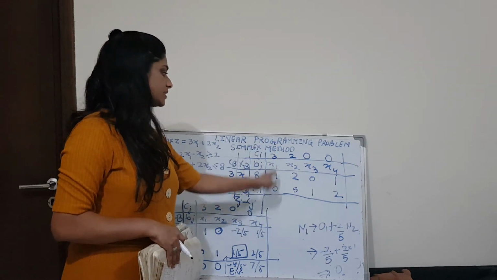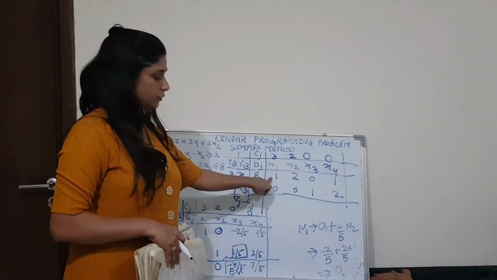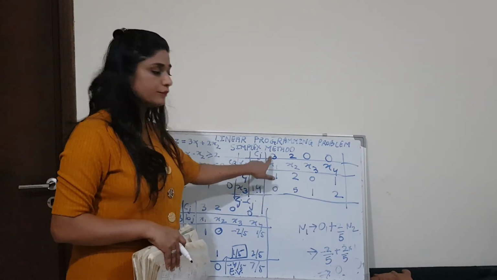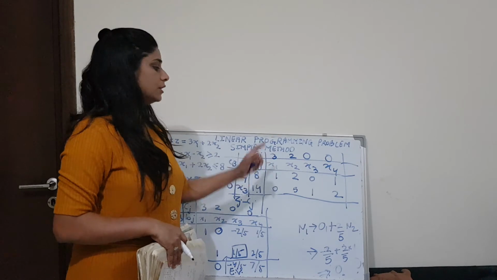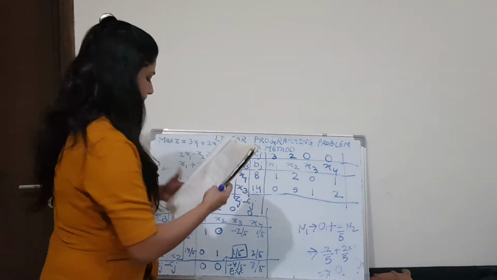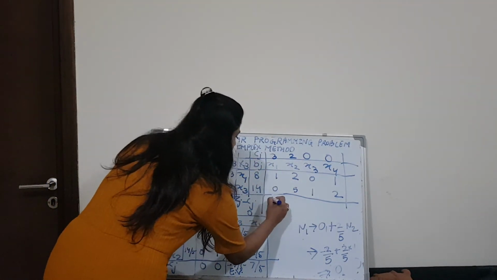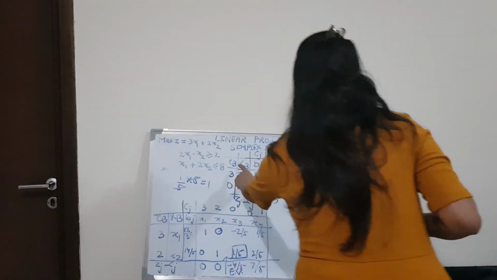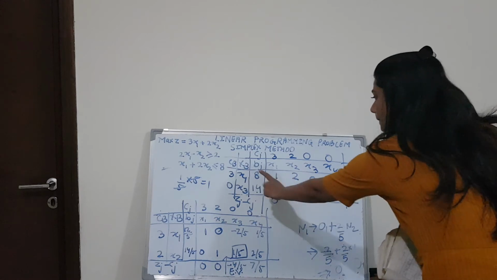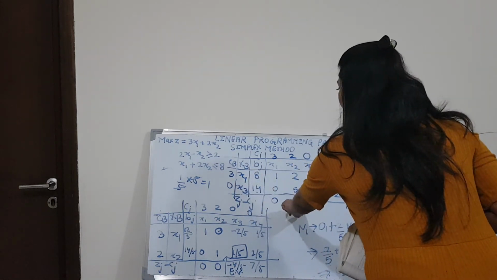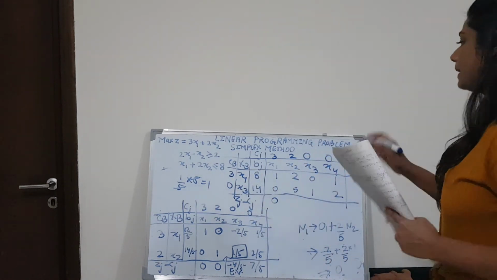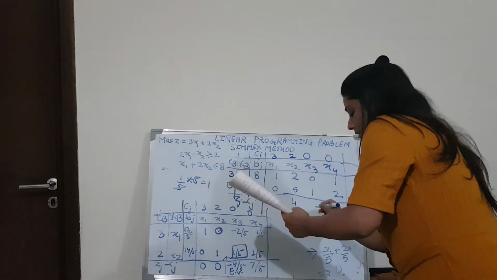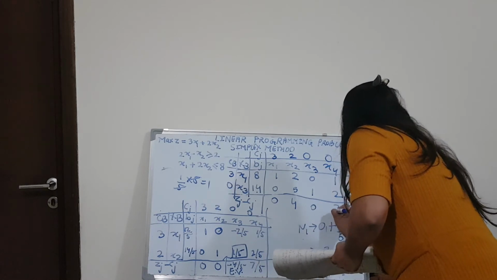For the first column, the Zj value is 3 into 1, 3, plus 0 into 0, 0, and minus Cj. Cj for the first column is 3. So 3 minus 3, 0. By this formula you will write directly here. Here also, 3 into 2, 6, plus 0 into 5, how much? 0. And minus Cj means minus 2. So we will get here 4. And here 0 and here 3.